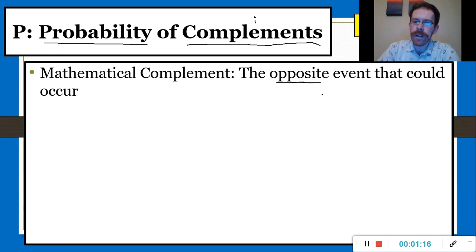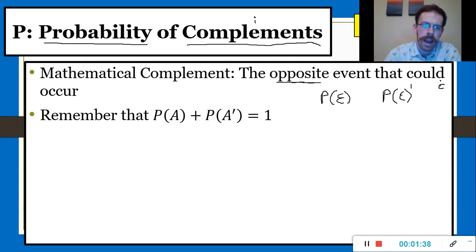And it's often written as, if I have some sort of probability of some event, well, its complement has to be the probability of the event, either with this, meaning like a little dash, or sometimes you see it with a C, meaning the complement. Now, the mathematical portion of it is that a probability plus its complement is equal to 1, meaning that it makes up the whole. If you have a probability of an event and its complement, and you put them together, you have all the probabilities that can exist.